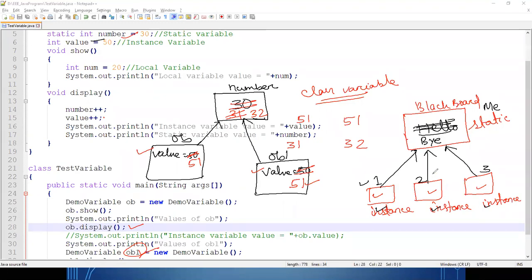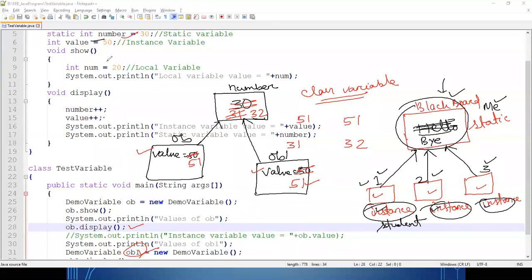Now bye is visible to student number 2, to student number 1, to student number 3, and also to me, because this blackboard doesn't belong to any individual student. It belongs to the institute. Clear? So you can say this is an institute variable, but the instance variable, or your copy, belongs to you. You can say this is a student variable, the copy.